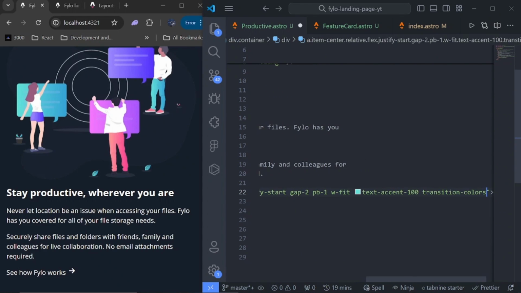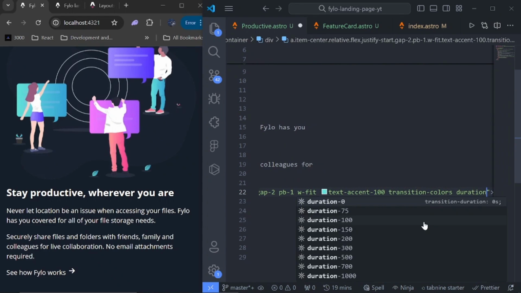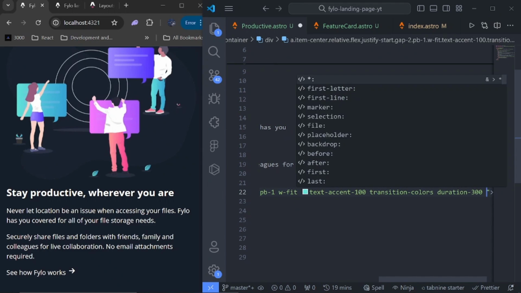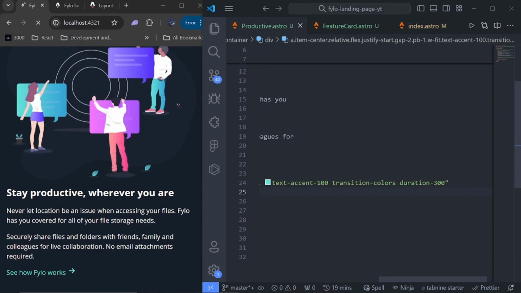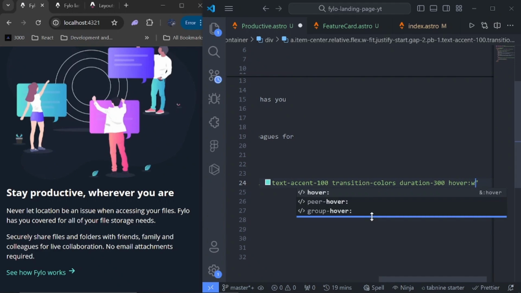So it should be colors, and the duration should be 300. All right, cool. Before we add the hover and the after pseudo class,